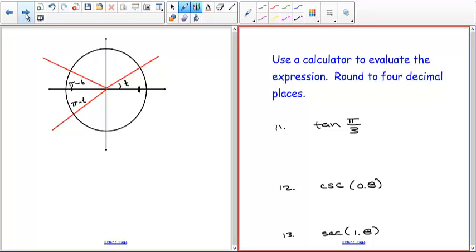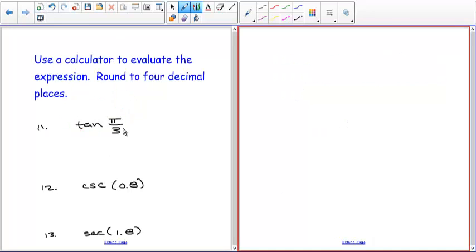Okay, next part's piece of cake. So you just enter those in your calculator. So I'm going to write it out as I'd enter it. So you have this tangent function, and then you put in the pi, and then you do /3. So let's just put that in there, make sure you get the right answers. If you don't, you can come and see me. Tangent of pi/3, and you get